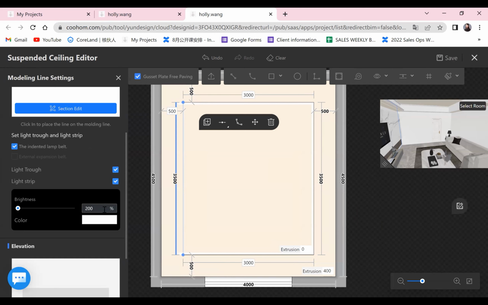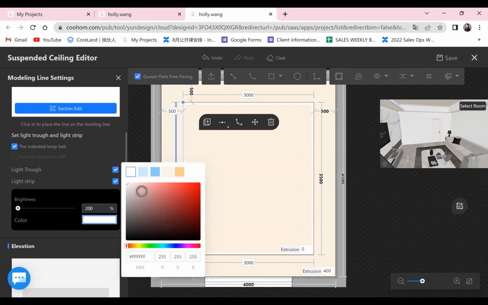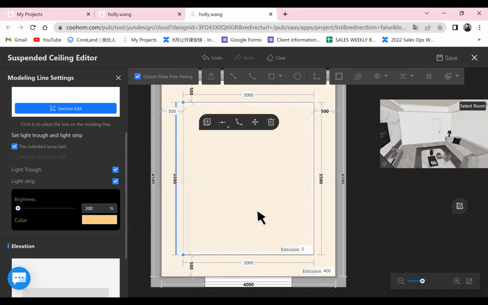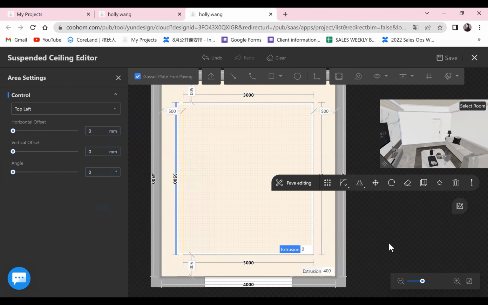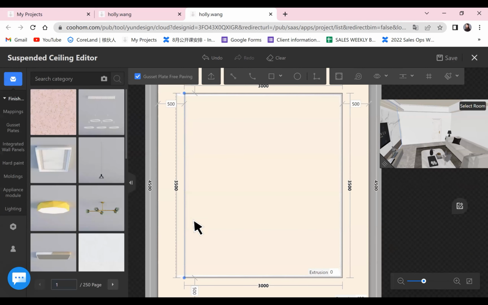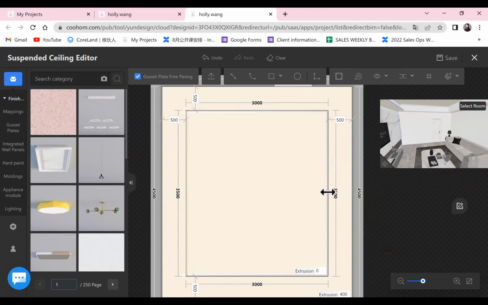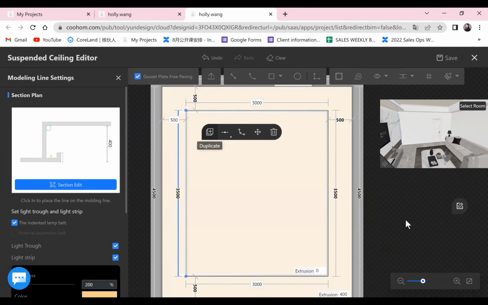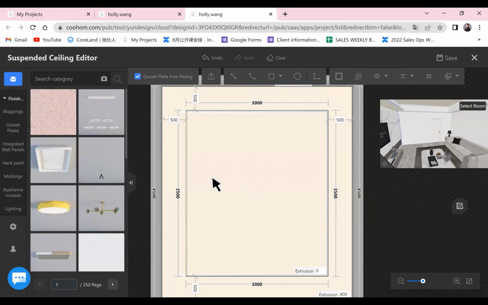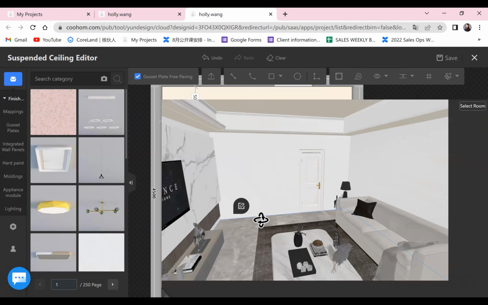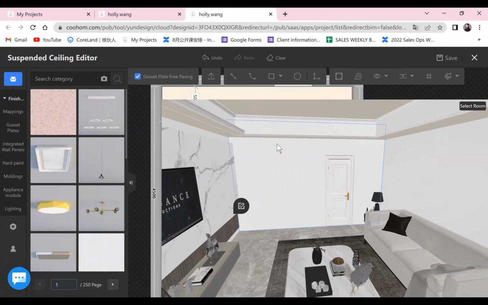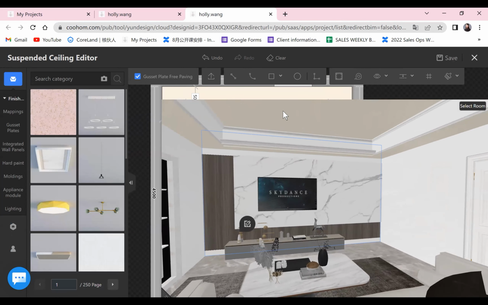Okay, you can also change the brightness. You can also change the color if you want the yellow color, right? Okay, so now we have this line with the light strip. If you want the other ones with the light strip, it's the same. You can duplicate, right? But I will leave it here for a moment and duplicate later because the next thing we didn't finish is how to paint this part with the same color, right?